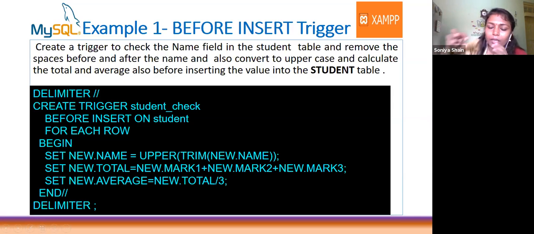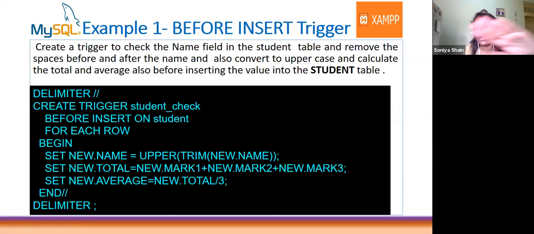Suppose I give a space, a small letter anu, and again a space. The anu will remain, the leading and trailing spaces will be cut, and it will be converted into uppercase and set as the new name.